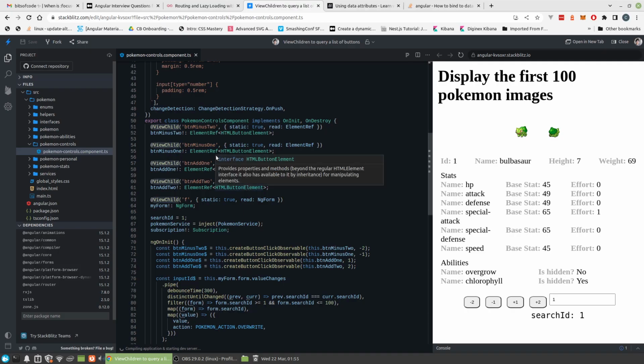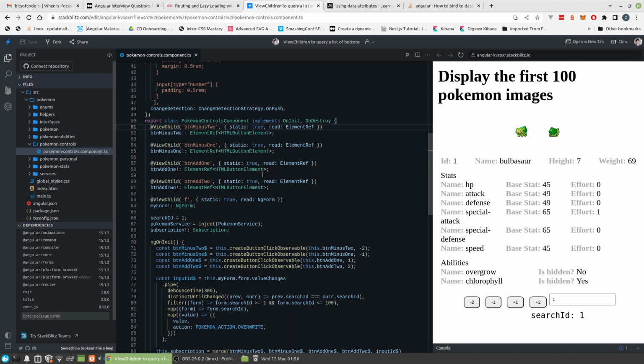Hello, today I want to refactor Pokemon control component to use ViewChildren to create a list of button elements, and then I will iterate that list to construct observables to emit the number. By making the changes, I can replace these lines of code with a single ViewChildren decorator,